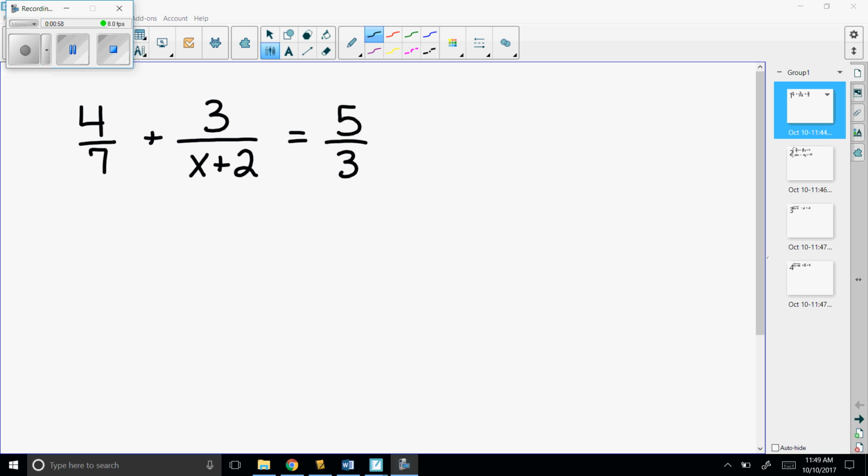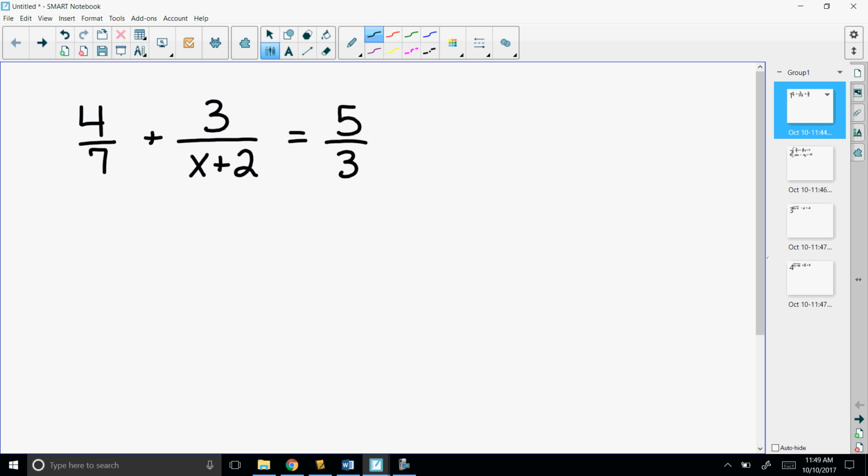So the first thing we want to look at deals with fractional equations. How many of you like working with rational expressions? Remember, a rational number means you have a fraction. Do you like working with fractions? Guessing no. So one way we can work through this